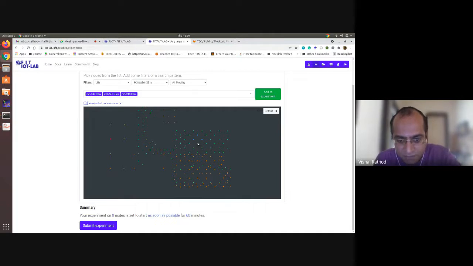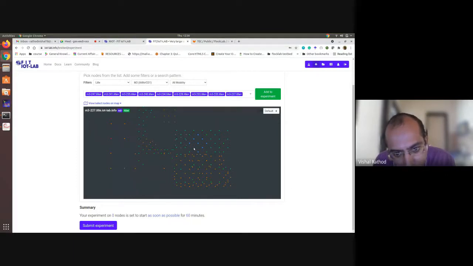You can see all the nodes are added. If I remove one, the node is automatically removed. See, now it's a grid topology 3x3.